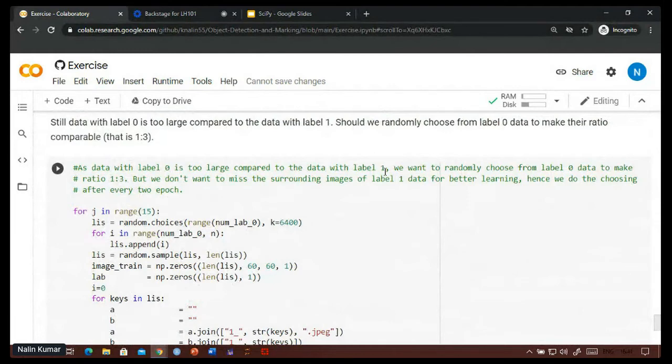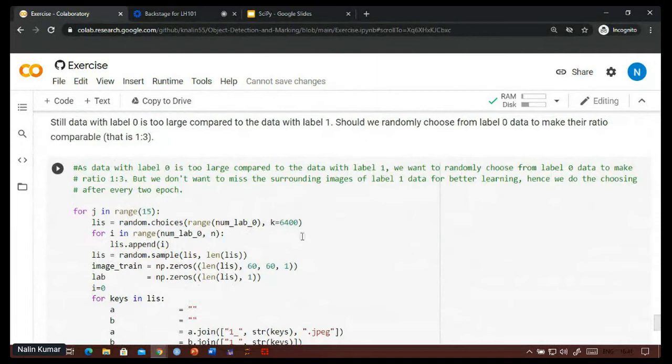Like a cropped image which encloses the complete ball, we don't want to lose its neighboring images, which might not contain any complete balls, but would give really helpful information to suggest how the surroundings of a label 1 image look.